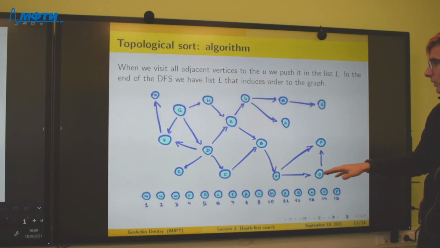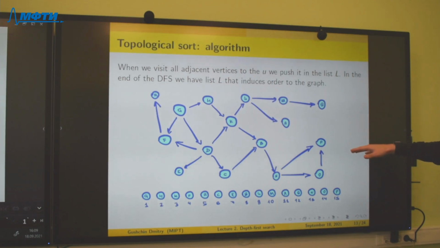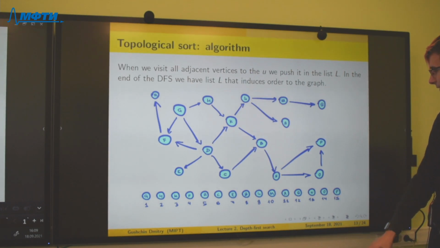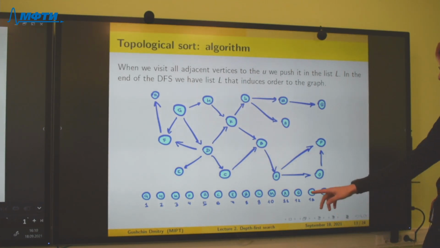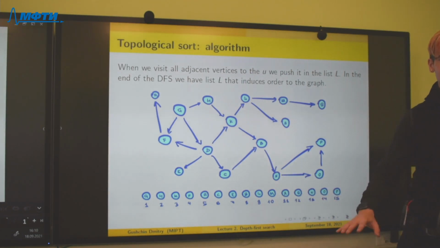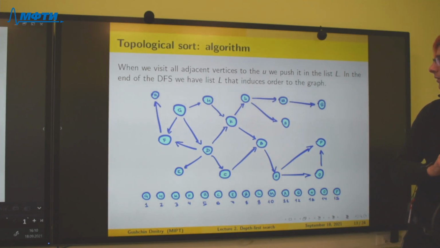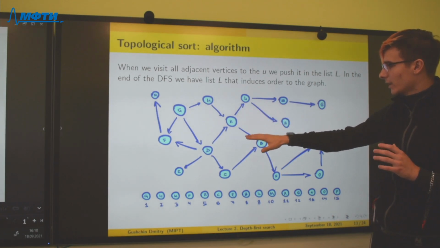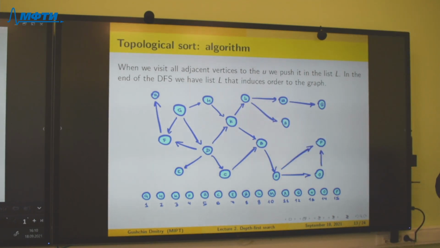So, for example, we can use DFS and derive from this a numeration of our graph. And for example, if you say to me different numbers from 1 to 15, or say some edges that we have in the graph.